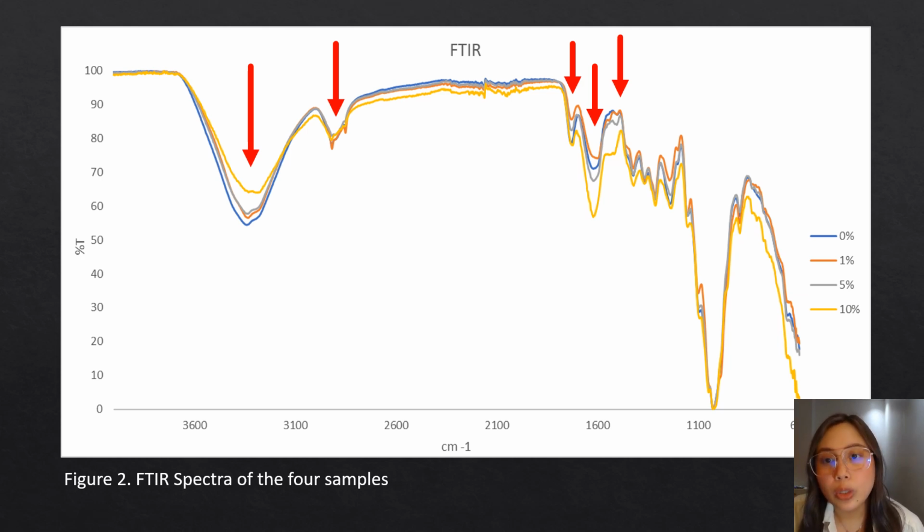The peak found at 1,028 per cm shows the CO stretching in the hydroxyl groups and it did not show any changes. For the last peak, which is 897 per cm, it decreases until 5% acetic acid treatment, but there is a significant increase at 10% because of the formation of the CH bond, and it is also associated with the CH bending of the cellulose and hemicellulose.